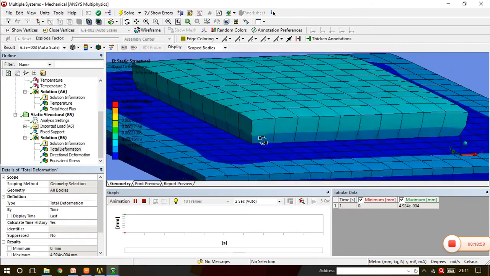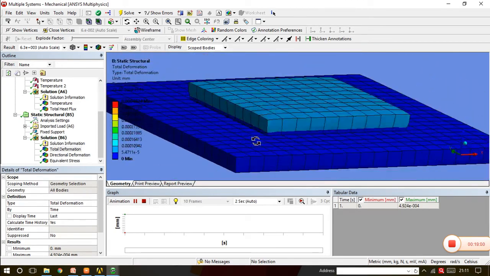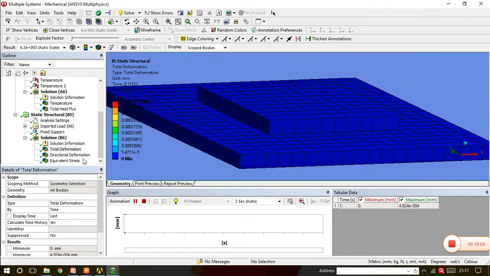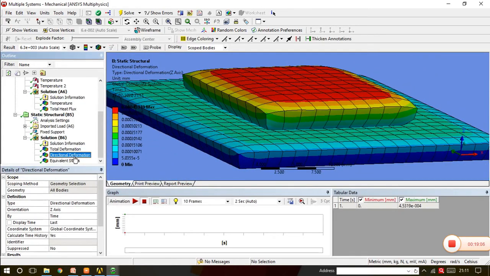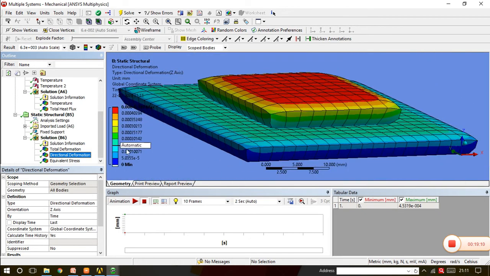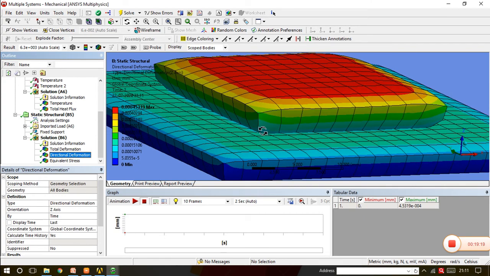But at the contact you might see that there is quite a difference in the deformation. And now for the directional deformation along the Z direction, same thing you will observe: the upper portion is expanding, and this particular portion which is at the contact is showing some mismatches.